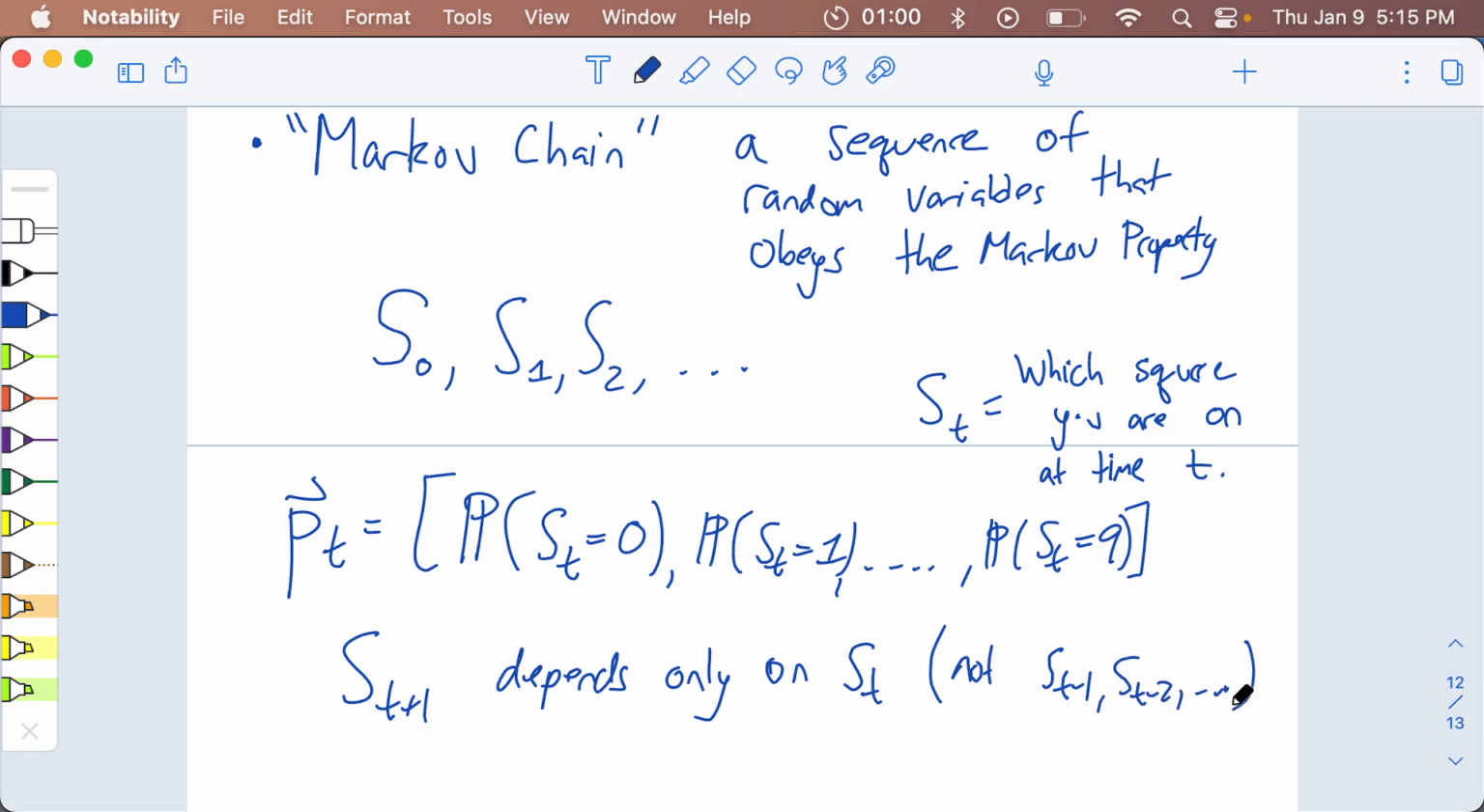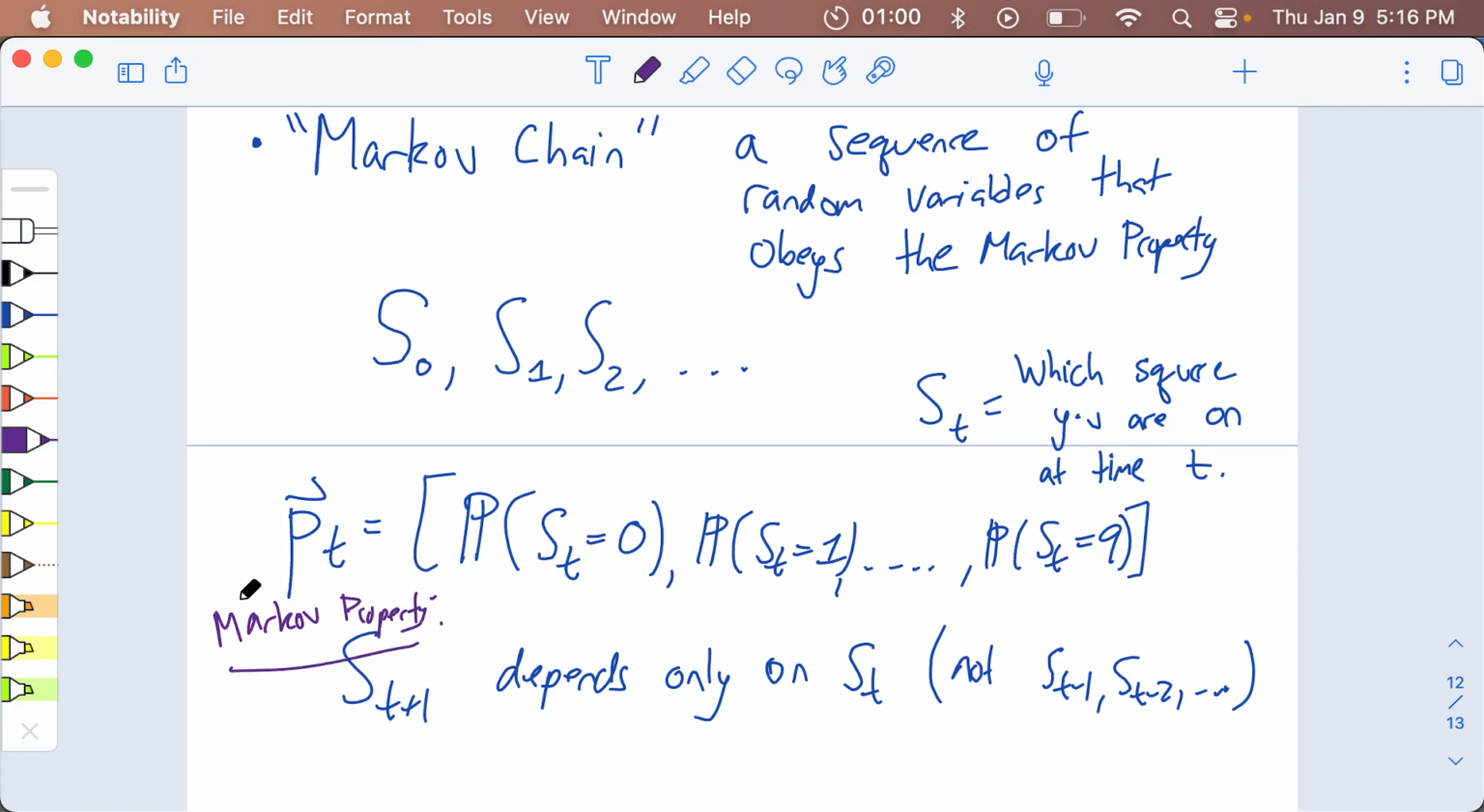So if you know where you are at time t, that's the only thing that determines where you will be at time t plus 1. How you got to the state does not matter. It just matters where you are. This is the sort of math version of the Markov property, and there's even a more mathy version on the website, but I won't say it out loud. Markov property